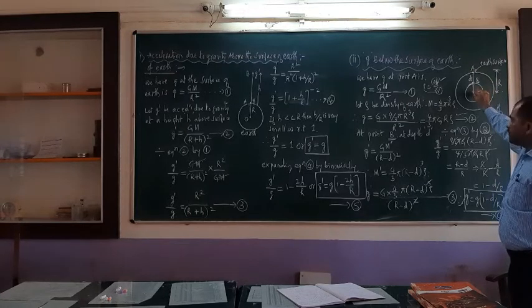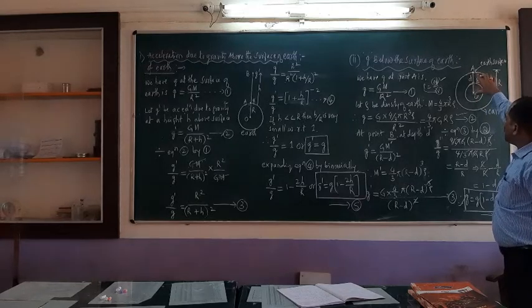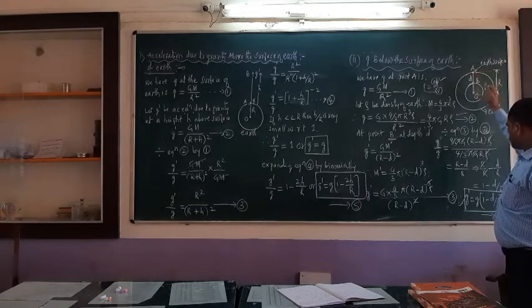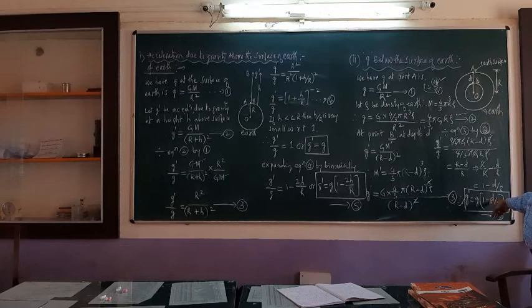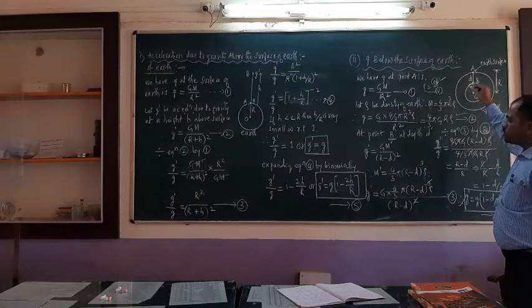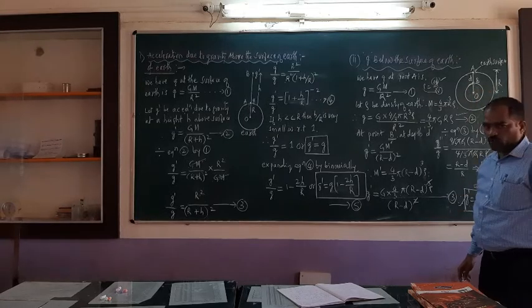Suppose the body is moved from A to O, exactly the center of the earth. Then what happens? d is equal to r, the radius of the earth. If we substitute d equal to r, r divided by r cancels and becomes 1. So 1 minus 1 is 0, and 0 into 9.8 is 0. Therefore g dash becomes 0, which means the acceleration due to gravity at the center of the earth is 0.